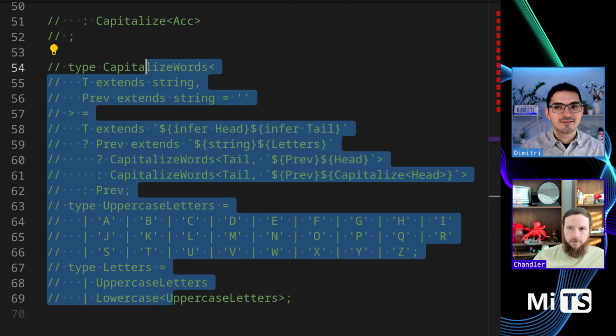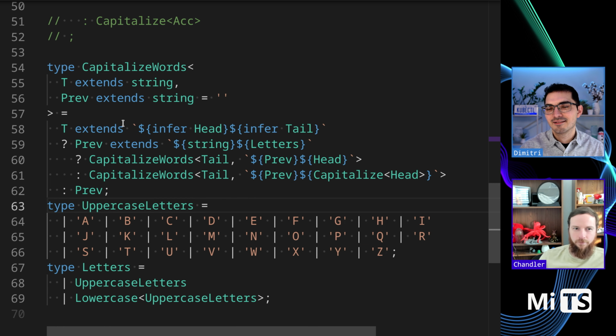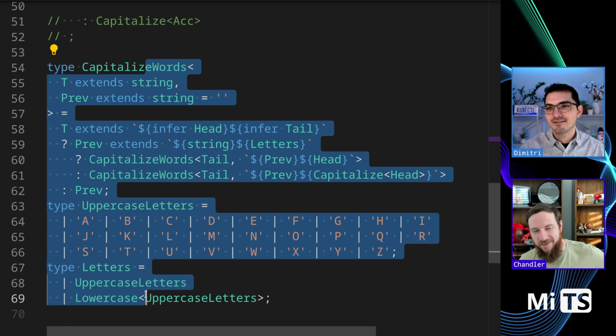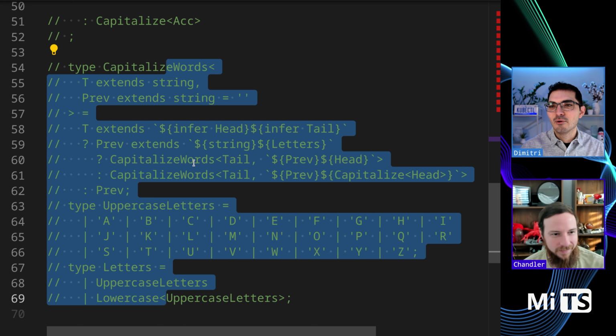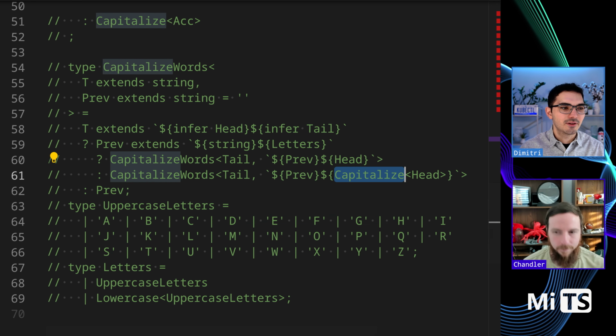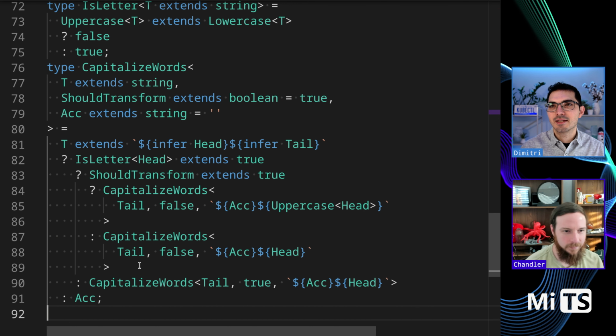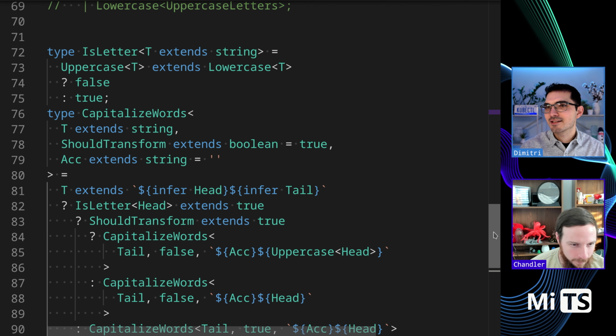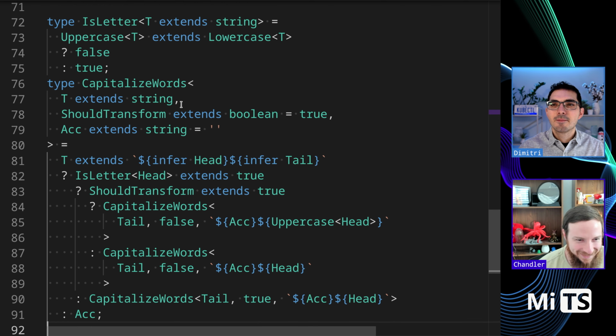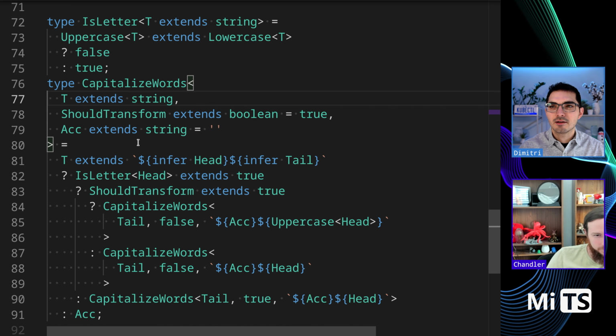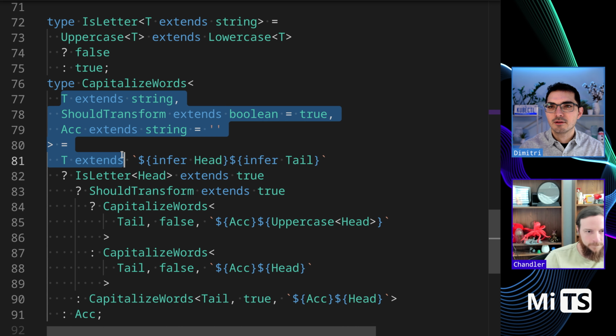It's neat how it just keeps consuming the letters and kind of just doesn't do the operation. And yeah, the only place that actually does capitalize is this one little section here. Right. Yeah. So this is another one. Can it fit on the screen? That's the challenge. Is letter. So capitalized words is coming in here. And then, we have